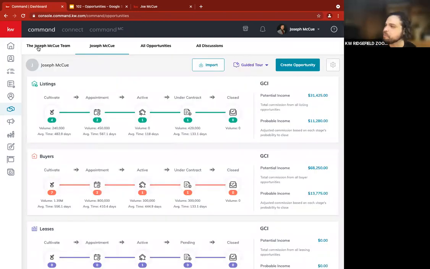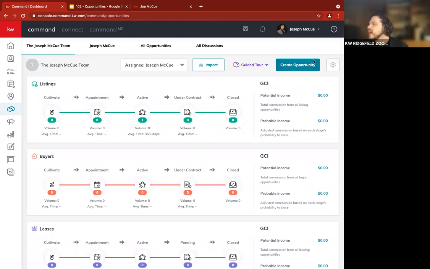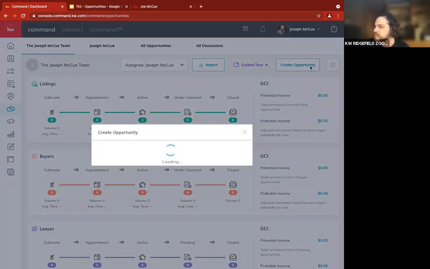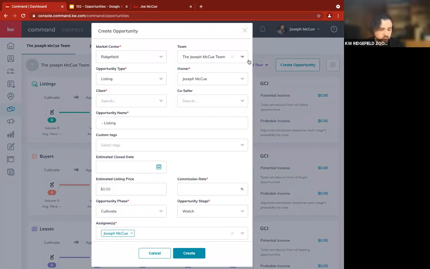I'm going to go back to my opportunity pipeline here, and I'm going to click create a new opportunity. And I want to walk you through this. It is very important, all the things that are here. The first thing I want you to see is your market center should automatically be picked. And if you're on a team in the team pipeline, this should automatically be here. Again, if you're on a team, you should make sure that it is the team pipeline and not a personal